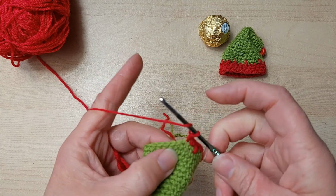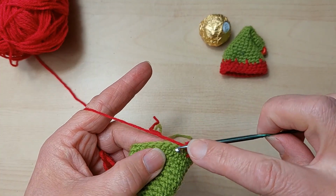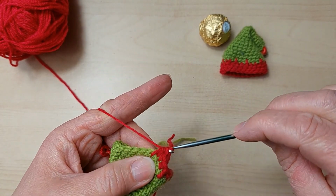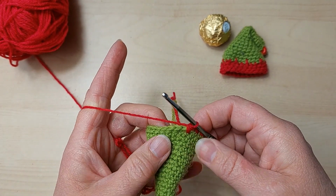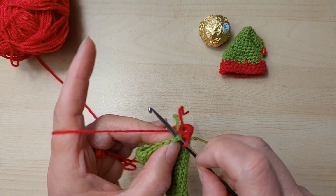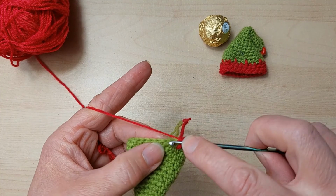Spike stitch, so yarn round, not this one but the one higher up, pull it through, make sure it's nice and loose, and pull it through all 3 because it's a half treble. So can you see where we're going? So we need 2 double crochets,